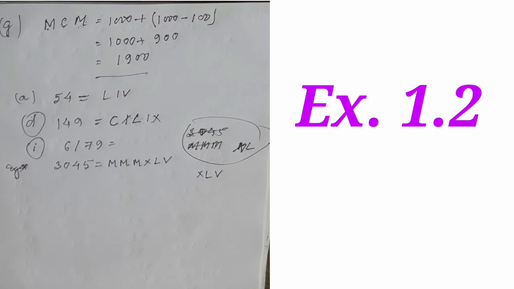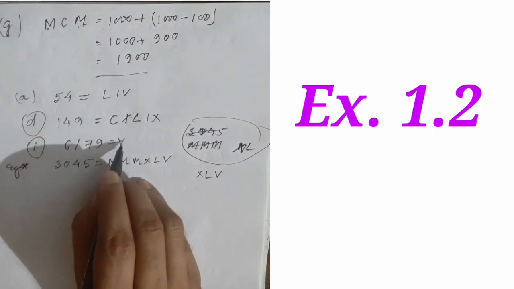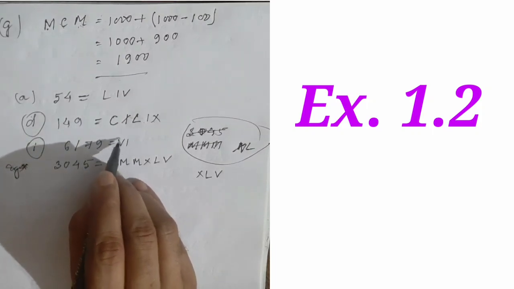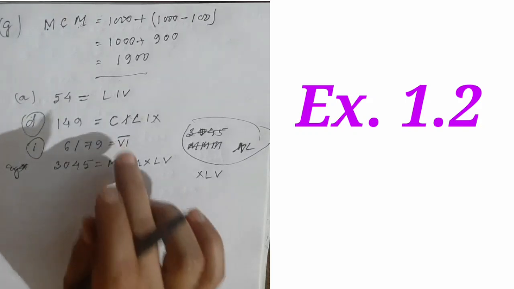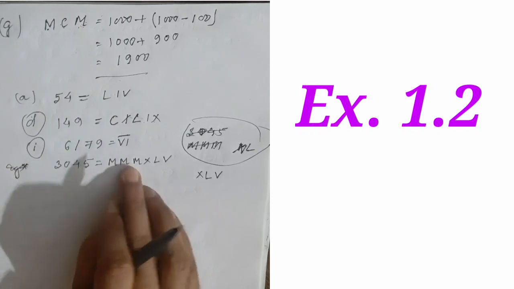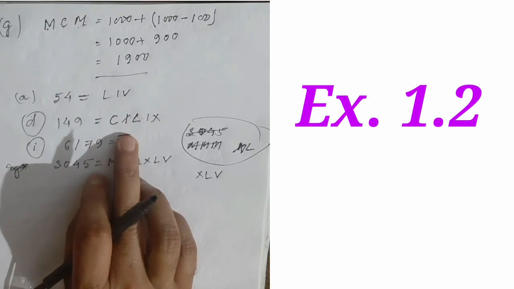More than up to 3000, okay, no problem, we will write. But suppose 4000, 5000, 6000, then what will we do? We will just check 6, then 1000, this bar we are giving here for 6000. Now we are not writing 6 times because the maximum repetition of a digit is only 3 times. That's why we will write 6 with a bar, that is 6000. Then next you will have to write 179.